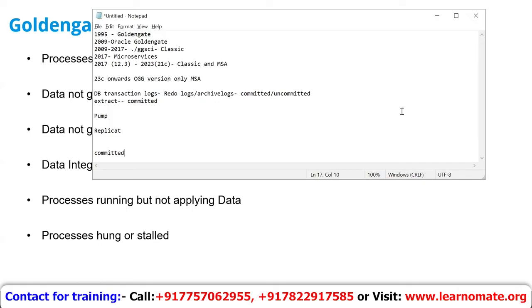GoldenGate only applies committed transactions. It doesn't apply any uncommitted transaction. So first and foremost, ensure that the transaction which you are replicating is committed. If the transaction is committed, but it is still not getting replicated, in that case,